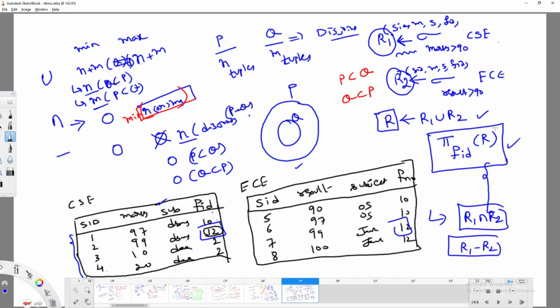In the second case, the faculty have to be common in both departments. That is intersection. The third case: I want the faculty details who were involved in getting more than 90 marks only from CSC. If that faculty is involved in ECE, I should not get that result. At that time, I will go for R1 minus R2. Is it okay? So I think all these are done. We'll go with cross product.